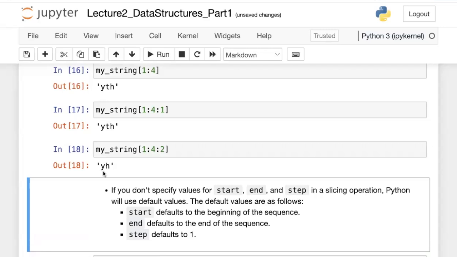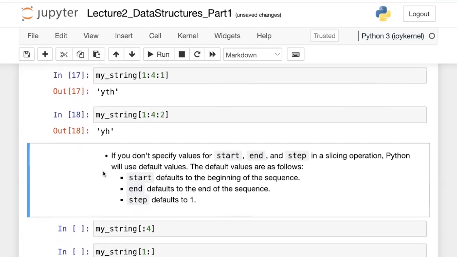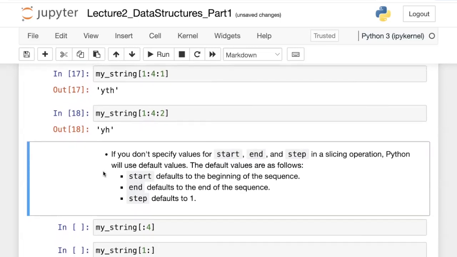So this is the idea behind slicing, where you have a start, a stop, and a step index. And there are default values for each of these arguments in the slicing operation. Start is always the beginning of the sequence if you don't specify it, meaning index 0. End is always the end of the sequence if we don't specify it. And for step, the default value is always 1, meaning that you want to pick every element from a start